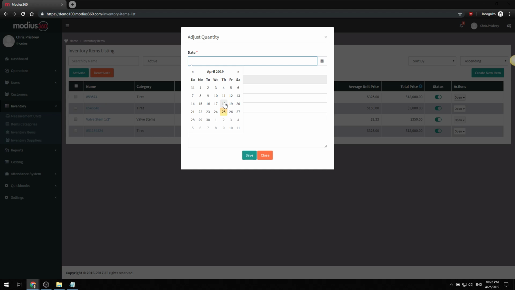Because the idea of adjusting quantity is that something went wrong, right? You're either adjusting the quantity and adding quantity because you miscounted. Maybe you thought you had 10, but you actually went back and found 11. You looked behind an old box and hey, there's a part right there, and you go ahead and add that back in. Or the other thing you're going to do is you're going to subtract it and lower the quantity, and that can be for the same reason. It can be that you just misplaced some quantity, or there was a miscount, or